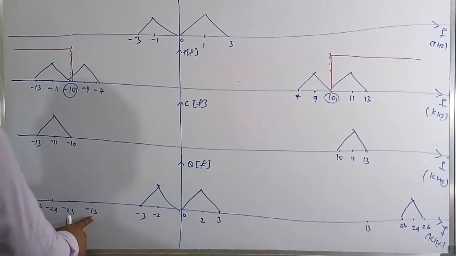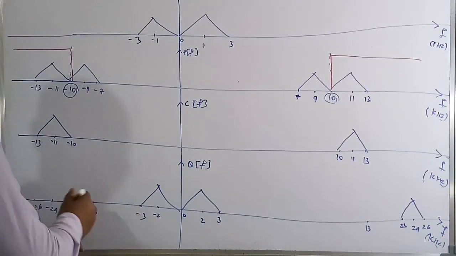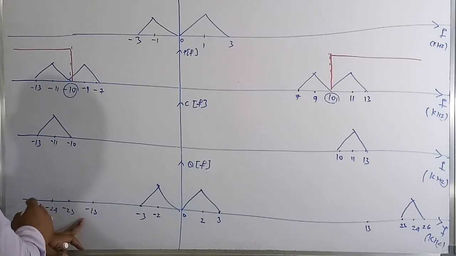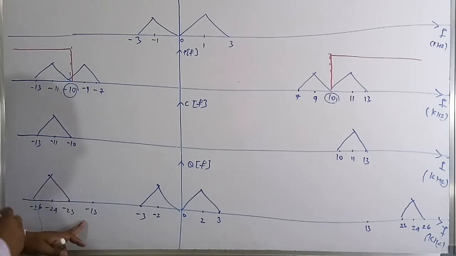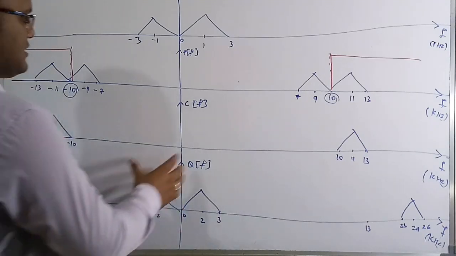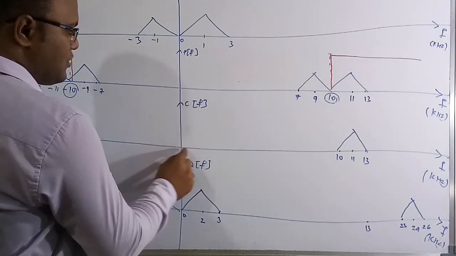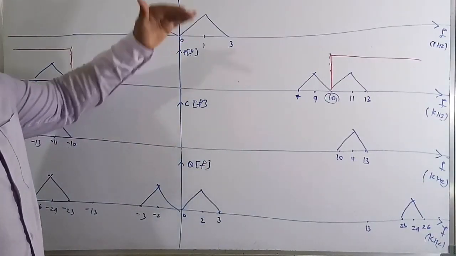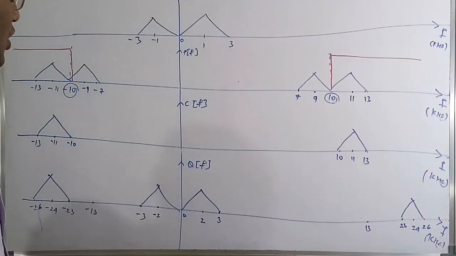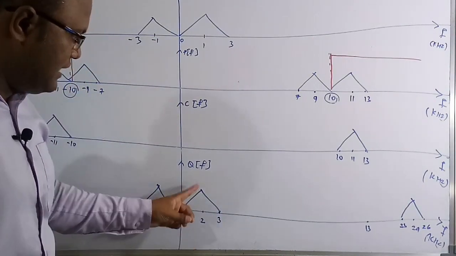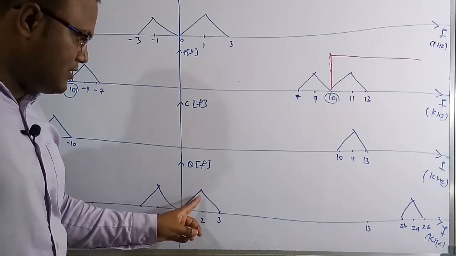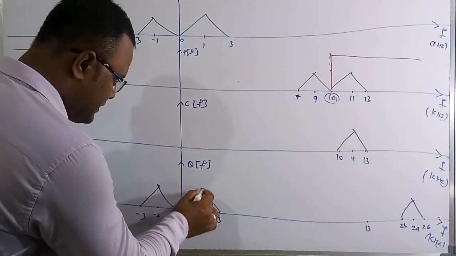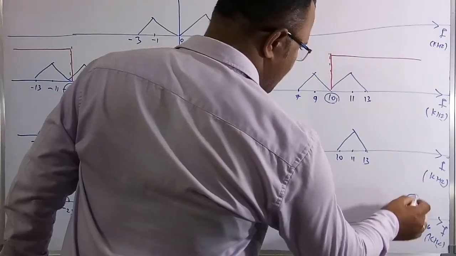And for this one, -13 minus 10 is -23, -13 minus 11 is -24, -13 minus 13 is -26. So this is the figure. What I am trying to do is take this as the reference of 13 kilohertz, again -13, and just shift the waveform, that's it. Multiplication in the time domain is convolution in the frequency domain. If you see carefully, for the positive frequencies there are peaks at 2 kilohertz and at 24 kilohertz. So the peaks are going to occur at 2 kilohertz and at 24 kilohertz.